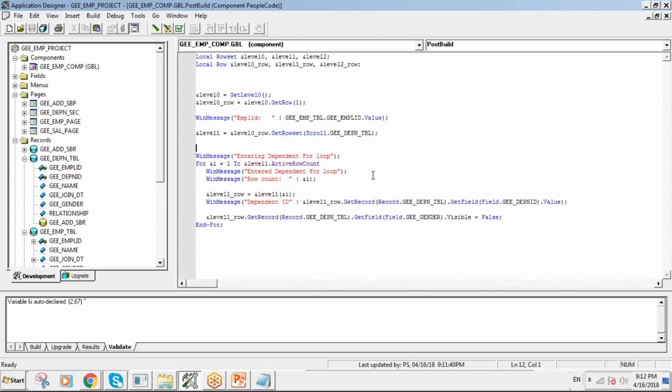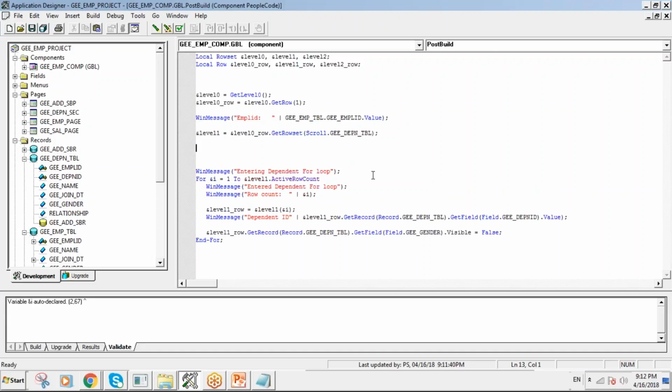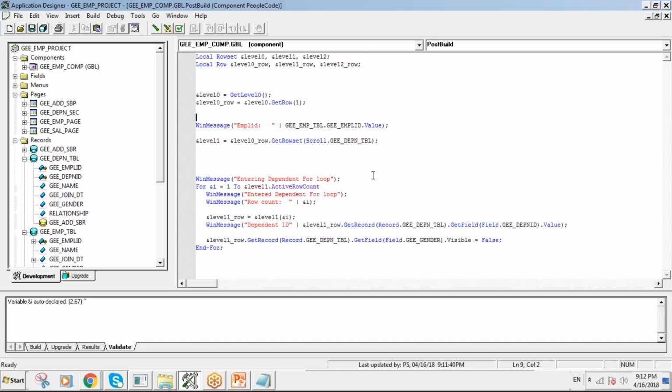After the 4th? No, before the win message. Here? Yeah. Okay. Tell me. Level 1 underscore row is equal to